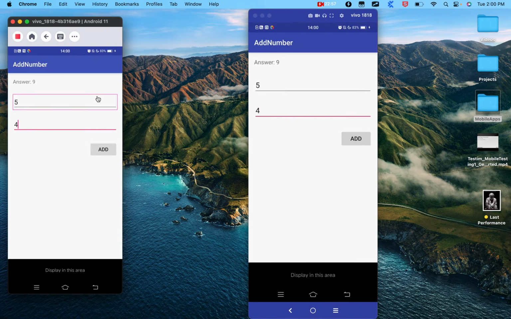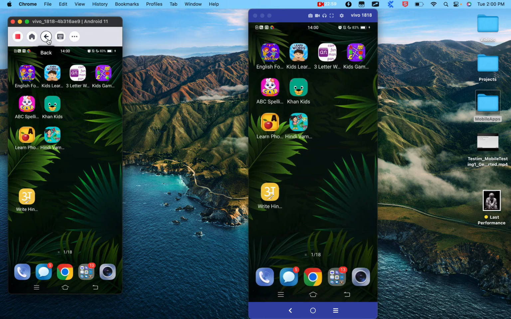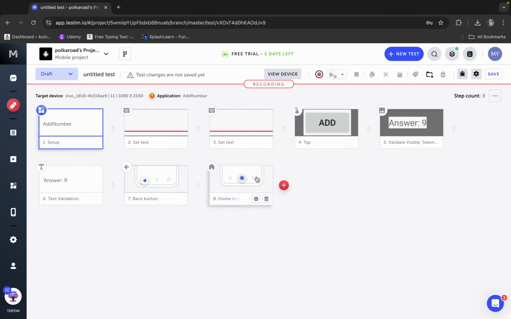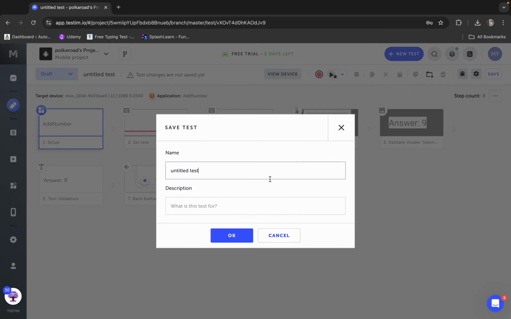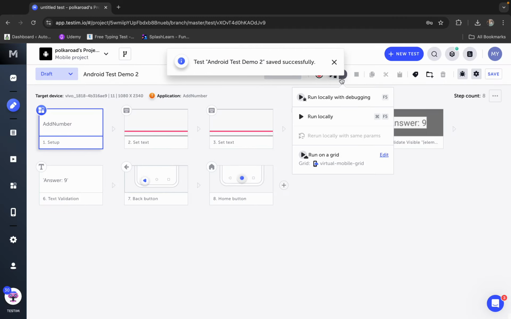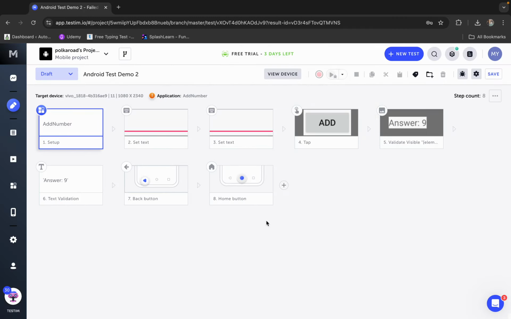And then I can press the back button, home button, and all this gets recorded. I will stop recording, and now I can save my test. I will say Android test demo 2, and to check I will run it,